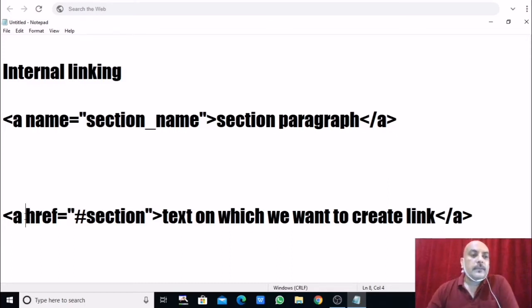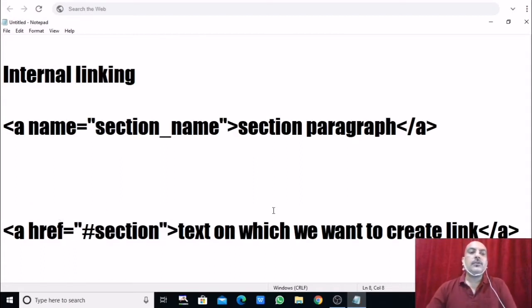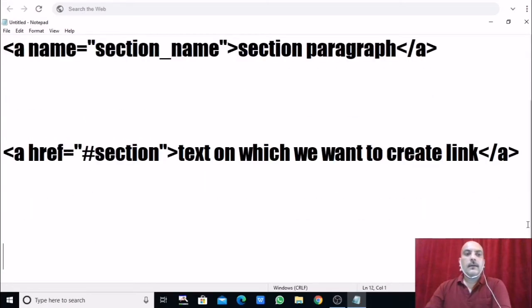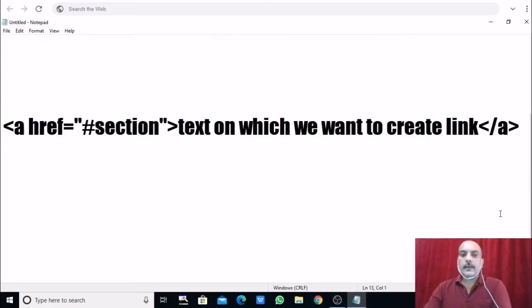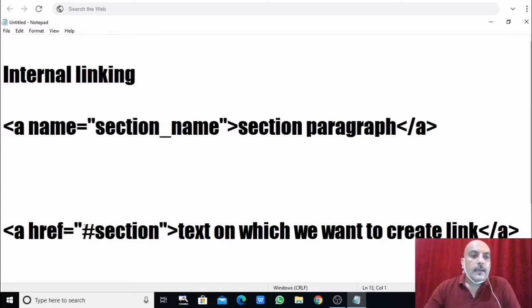For that purpose, again you need to use the a tag with the href attribute, right? So with the a tag you need to use the href attribute, and then a href is equal to, within double quotes you have to write the section name.